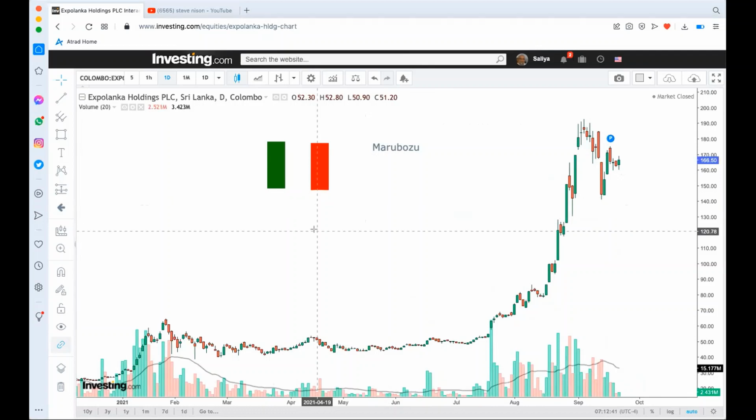The marubosu in Japanese is called shaven head or clear head or something similar. As such, you don't see the wicks or shadows that you normally see in a candle. But there are a few variations, and one variation is something like this,